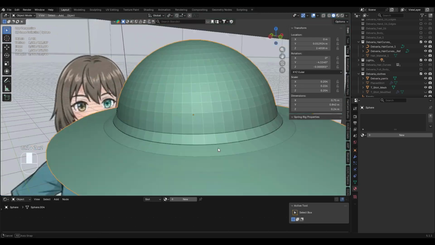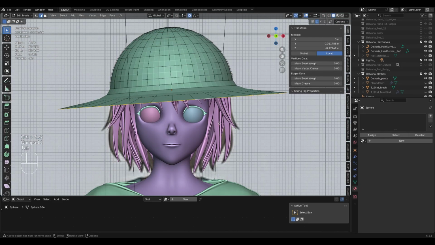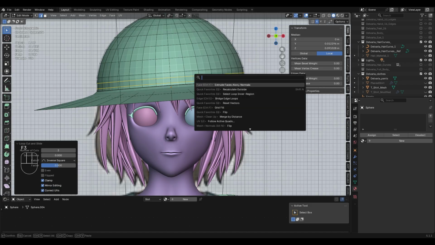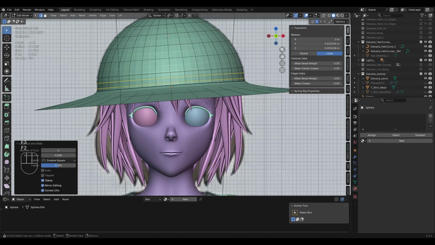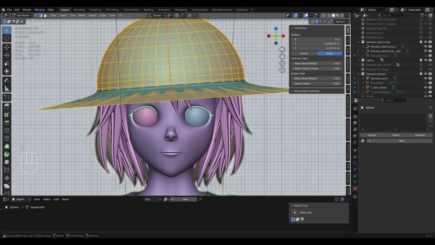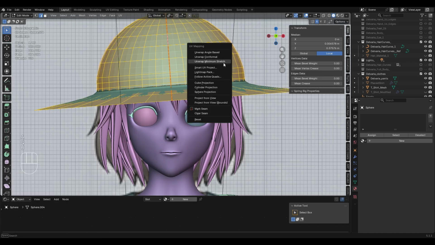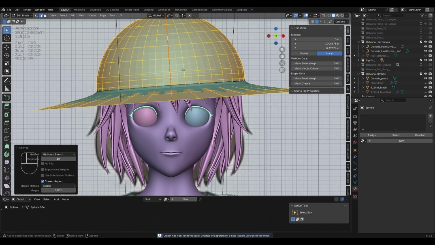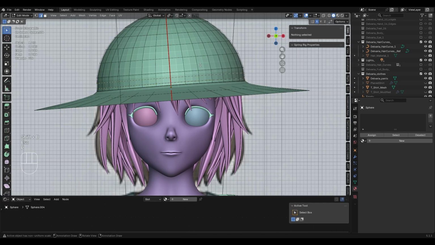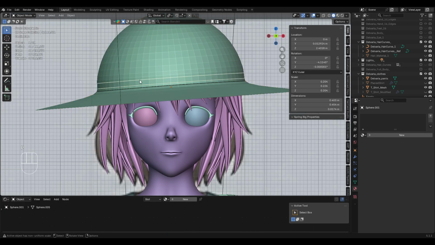No, we need the depth for the hat and we're adding solidify anyway, so it's better to stay like this. Maybe a little ribbon, so we'll select all of that. Let's also at the same time real quick select this, mark seam, select everything, unwrap minimum stretch, select all of this, go Shift D, escape, separate by selection,